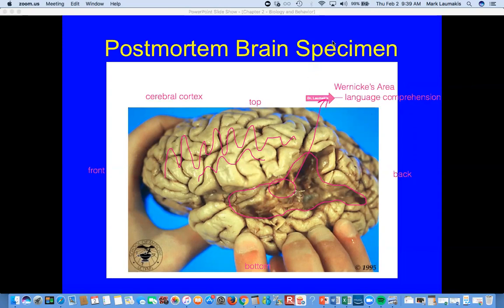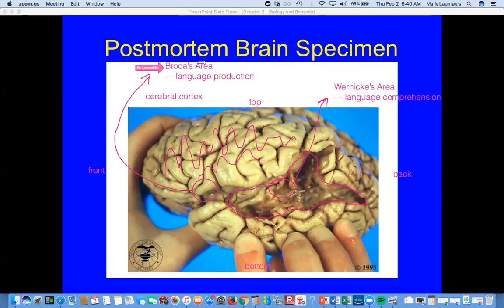What's really cool about language is we've got another complementary area of the brain that kind of sits right down in here. Again, I'm not an expert on this brain anatomy stuff, but I'll give it my best shot. This area that I've circled here is known as Broca's area. So let me insert some text up here and tell you that. Broca's area. And rather than being involved in language comprehension, Broca's area is actually the language production center in the brain. Okay? It's the part of the brain that's involved in helping you to produce language, to say things. So right now, as I'm rambling on, my Broca's area is a part of the brain that would be active, right?